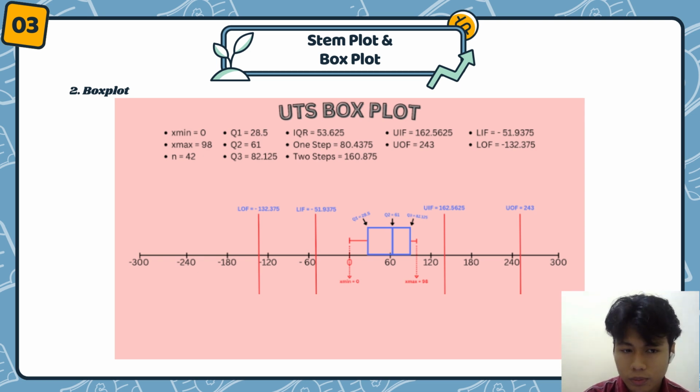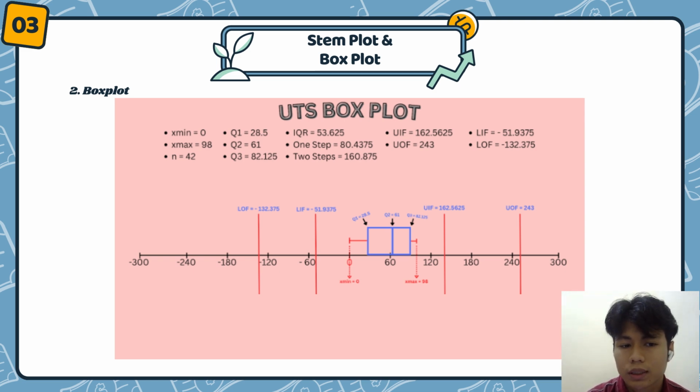The diagram consists of a box with a line, or whisker, that represents the range of the data. Box plots are helpful for identifying outliers and visualizing the spread and symmetry of the data. There are several steps before we draw a box plot. We need to find the value of one step, two steps, lower outer fence, lower inner fence, upper outer fence,